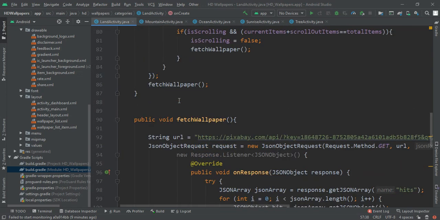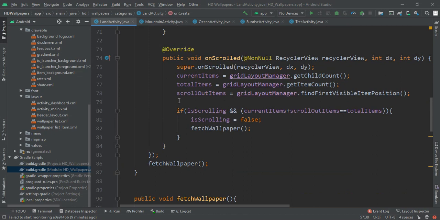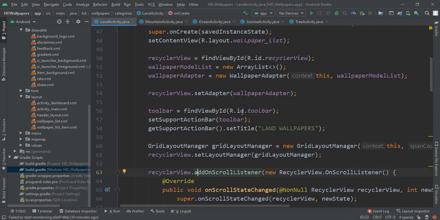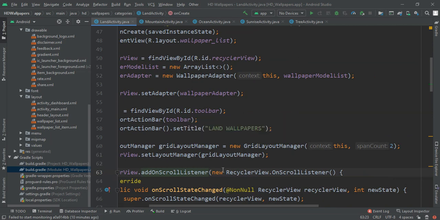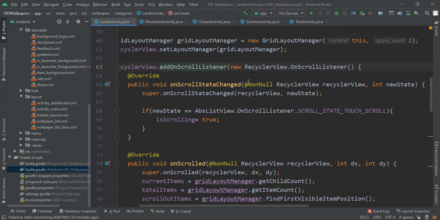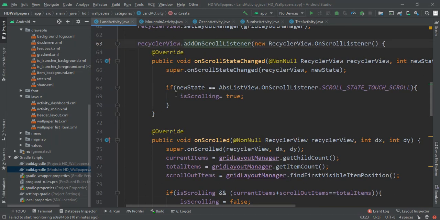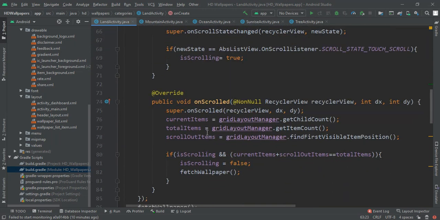Now in this video we have to create a fetchWallpaper method to fetch the wallpapers, but before that I would like to add the on scroll listener. For that, recyclerView.addOnScrollListener. Here we have to pass a new RecyclerView.OnScrollListener, and in that we have to implement these two methods.